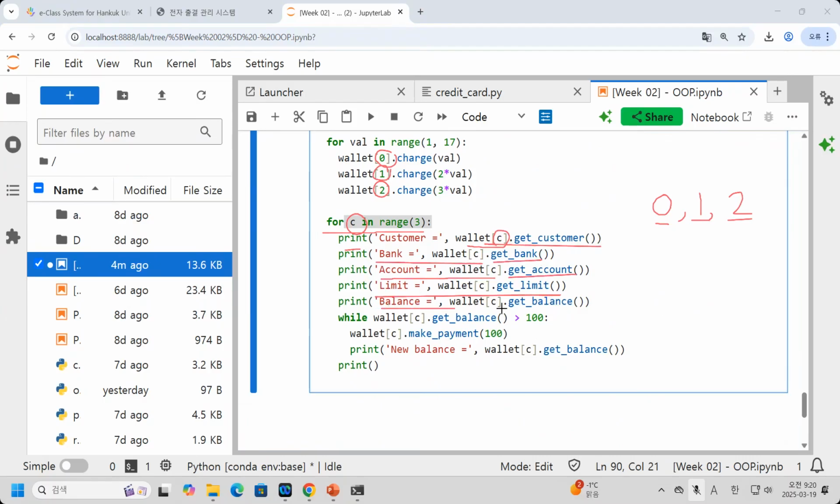And I can get the balance for the first credit card. And then check if the balance is higher than 100, because I think this person is good, he wants to pay. If the balance is higher than 100, just make payment. So he doesn't want to pay the credit late. Then he will make the payment. Let's make the payment 100 and check the balance. Okay. So if I run this code,